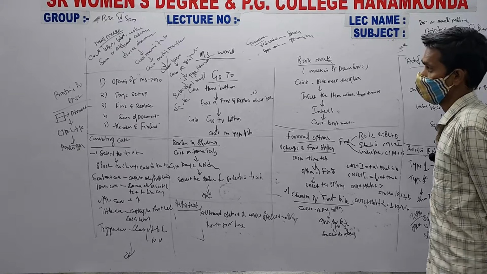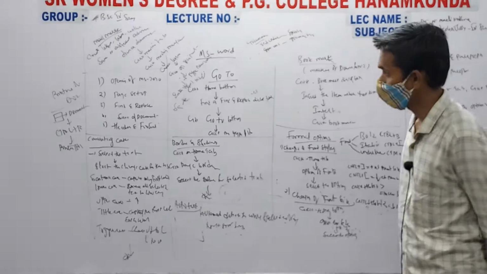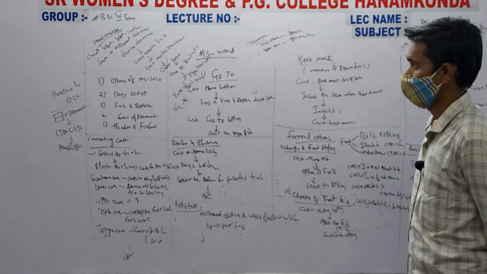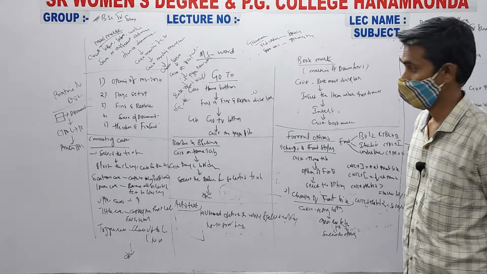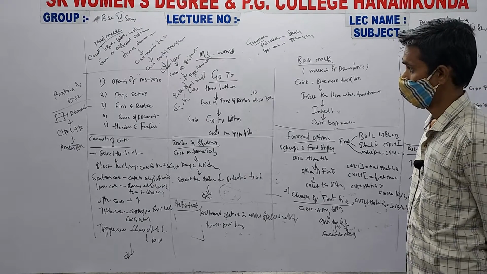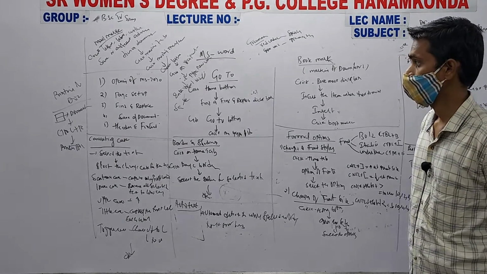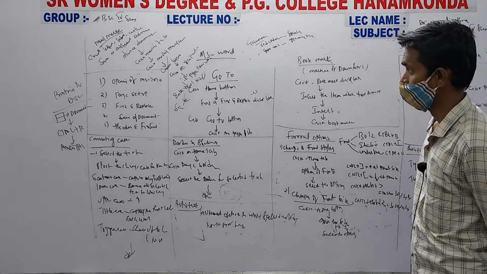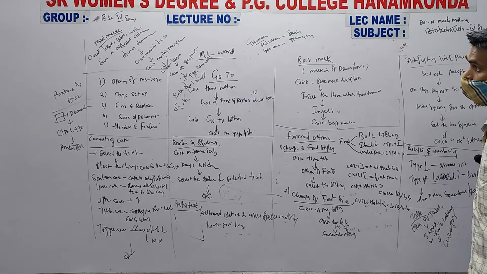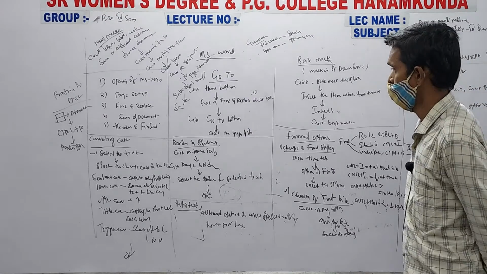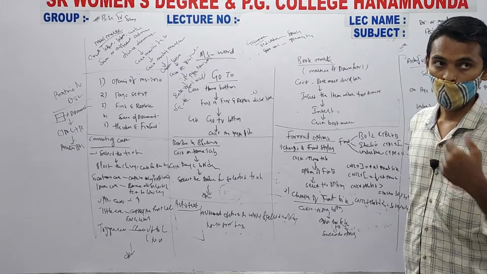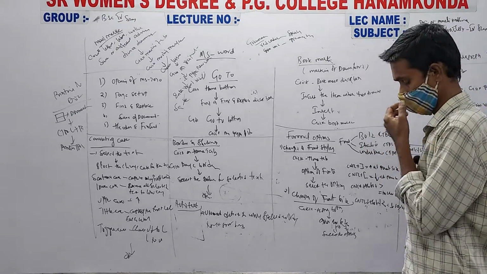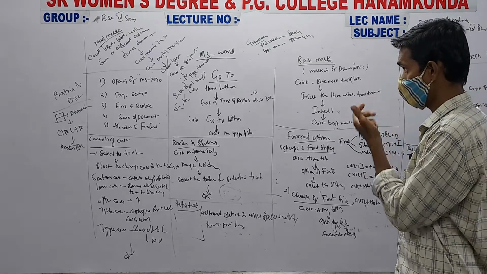So in the previous class we have seen how to open a new MS document, page setup, find and replace option, saving the documents, and we have seen headers and footers. So in this class we will see other more options. The first one is go to. If you want to find a particular word or text in the document, you go for the go to option.